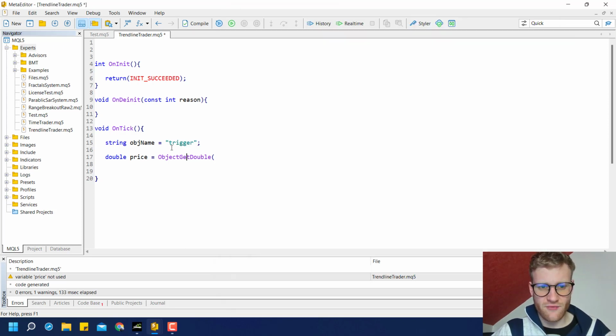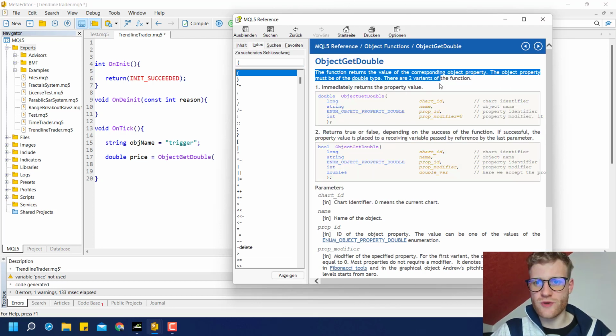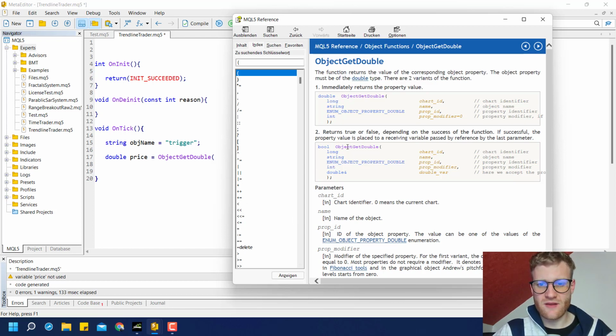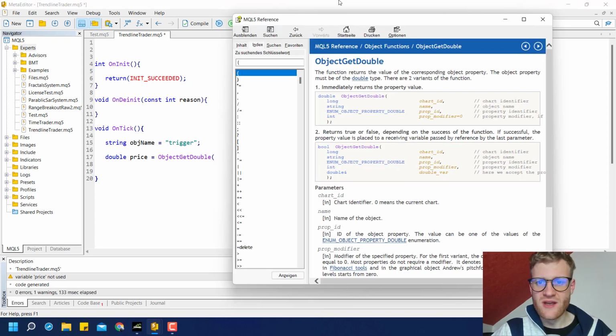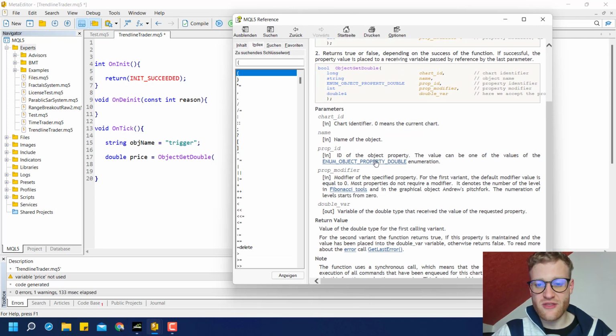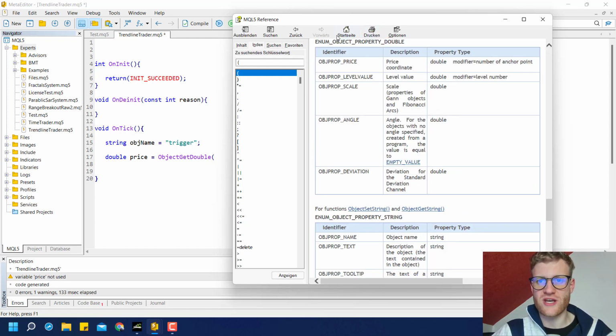So if you click inside of this function name, ObjectGetDouble, and if you press F1 on your keyboard, it should open the reference. And there you can read everything about this function. So this function returns a value of an object pretty much. And this is why we can have the return value and store it inside of our price variable like we do here. So what we want to have is the object price, and you can see here there is an enumeration, and if you click on it, you can see all the information that you can receive using the